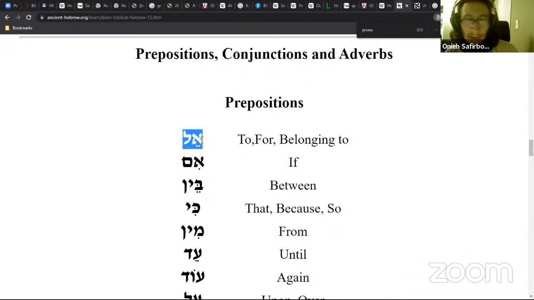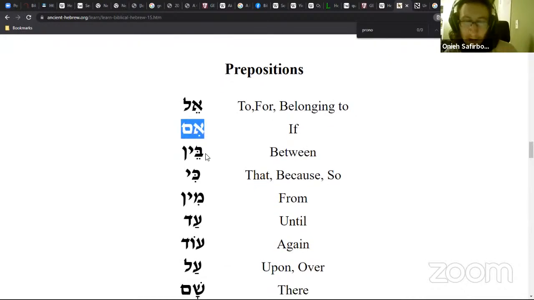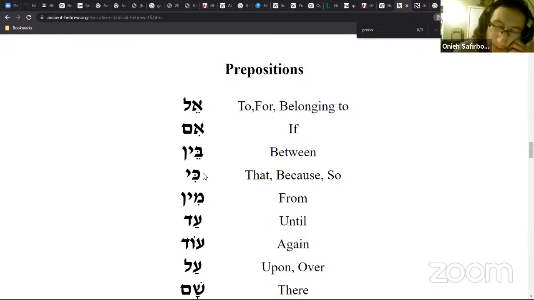Aleph Lamed: to, for, belonging to, or according to. Aleph Mem is usually rendered as "if." Bet Yod Nun: between. Kaf Yod is usually rendered as "that," or, it can be rendered different ways, but I believe the best way to render it is